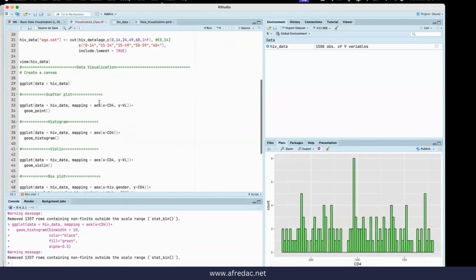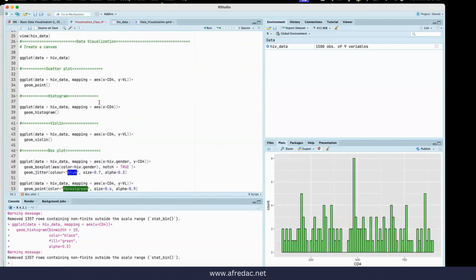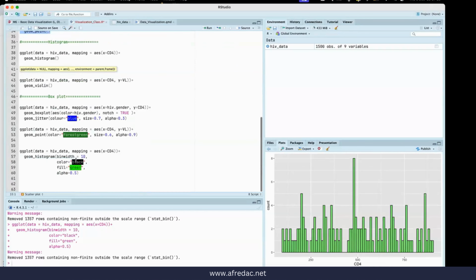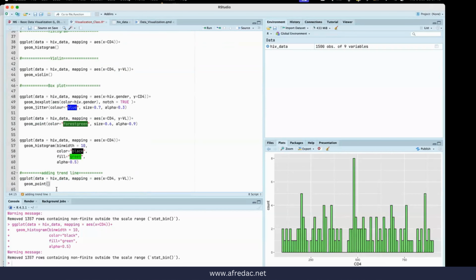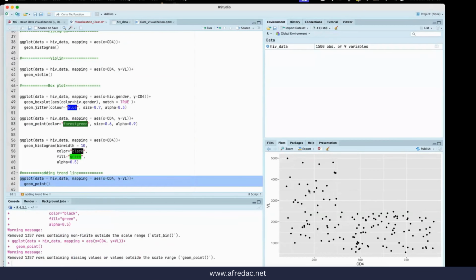Another thing we can do, maybe if I pick this geom point that is from the scatter plot, let us look at some of the options that we can add. Maybe we can call this adding a trend line. So what I've done, I've actually just picked the one for the geom point. If I plot this one, it just looks very unappealing at the moment,